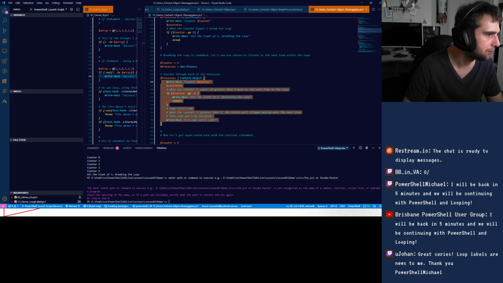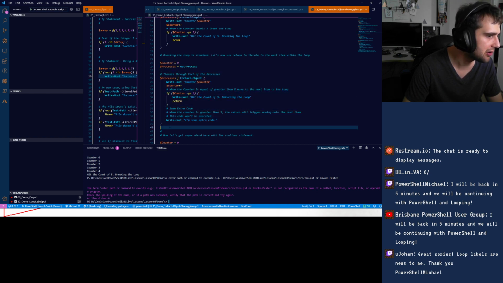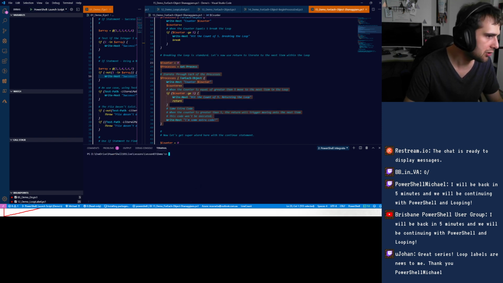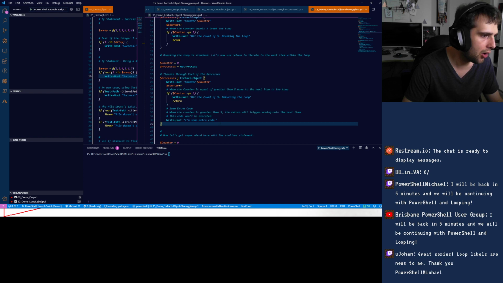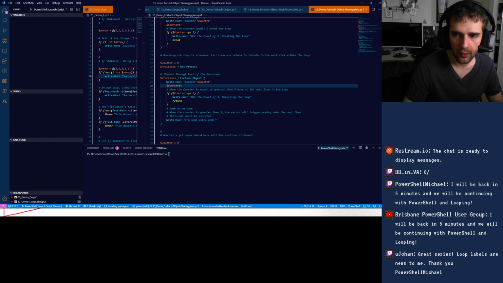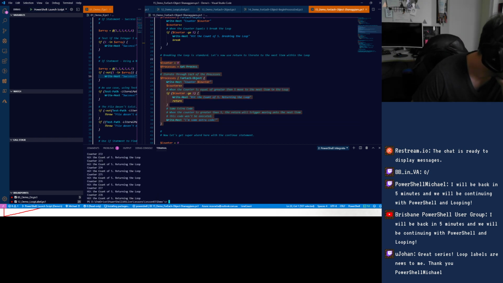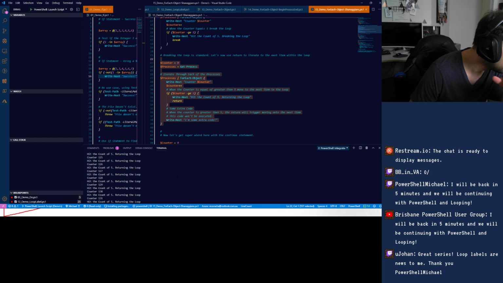So what we're going to do is basically run this again, clear the screen, and scroll up, and we're going to see this code be executed when the counter is not greater than 5. So essentially, if we run this, you can see there's no extra code. But if we scroll right up to the top here, up to